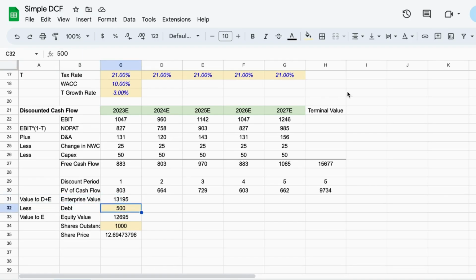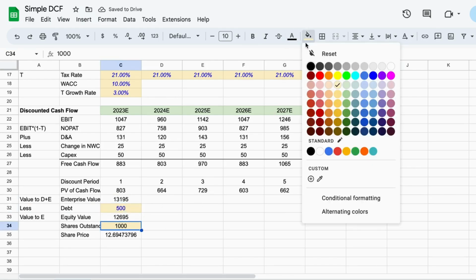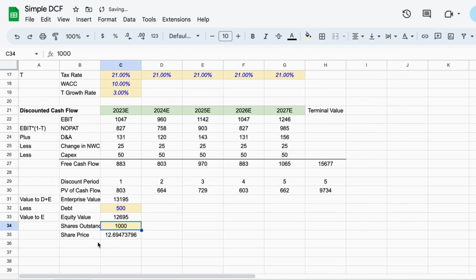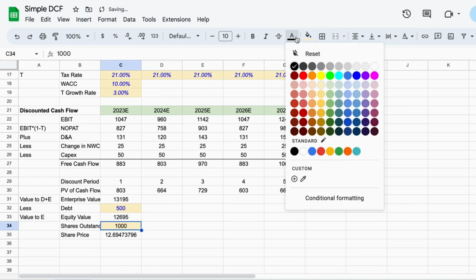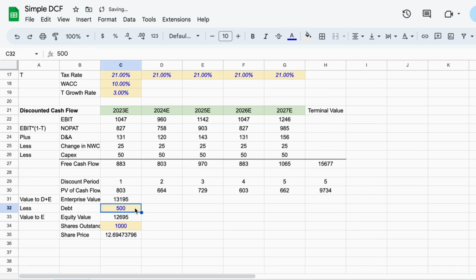Let's say debt is, this is an input, put this in blue. Oh, shoot. Not that kind of blue, this kind of blue. So let's say debt is 500. You would arrive at an enterprise value of 13,195. Take away 500 from debt, you would get an equity value of